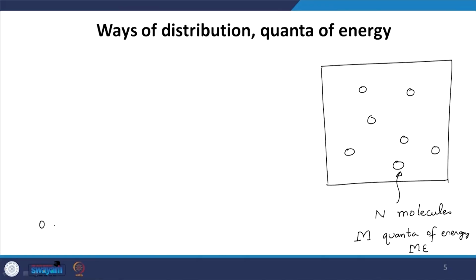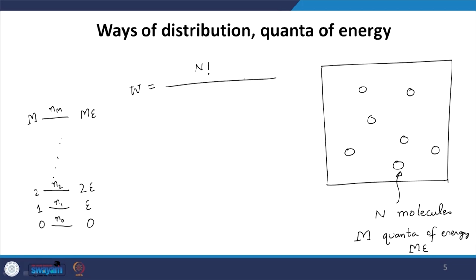So, now I can talk about number of molecules having 0, 1, 2 and m quanta of energy, or in the units of energy it can have 0, epsilon, 2 epsilon and m epsilon, and the number of molecules which have these labels are again maybe n0 having 0, n1 having 1, n2 having 2 and nm having m, and the number of ways is again going to be same as the case of chocolates. It is n factorial by n0 factorial, n1 factorial to